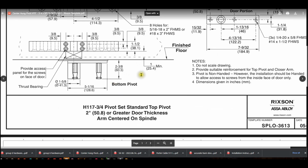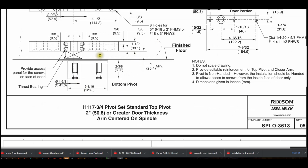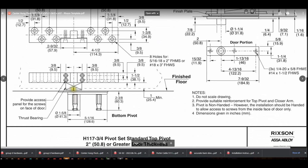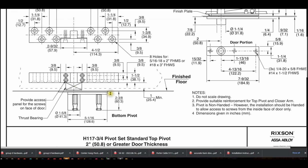I would severely question that. This dimension is probably closer to 3/16, and why I would say that is because our spindle length is quite fixed from the top of the finished floor plate to what's going to end up being 1.5 inches plus 1 inch plus X. So as I measure